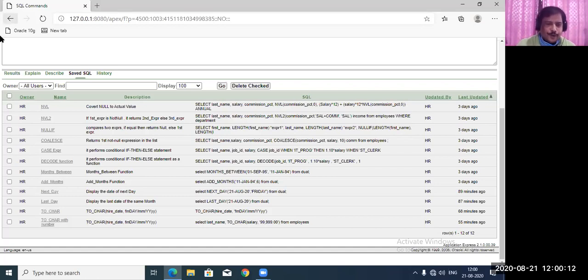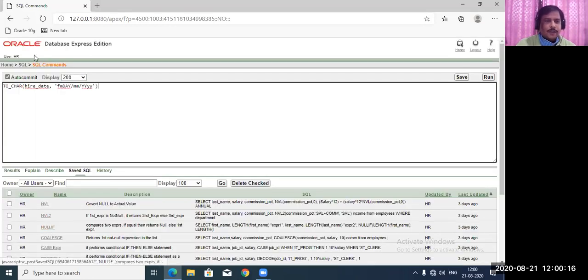That's what I have written here. You can see I am putting this function here. Now TO_CHAR is taking a date, and we are giving a format for it. Now this date, we don't know what the date would be. Okay, we have about 10 minutes remaining, so please look at this carefully.